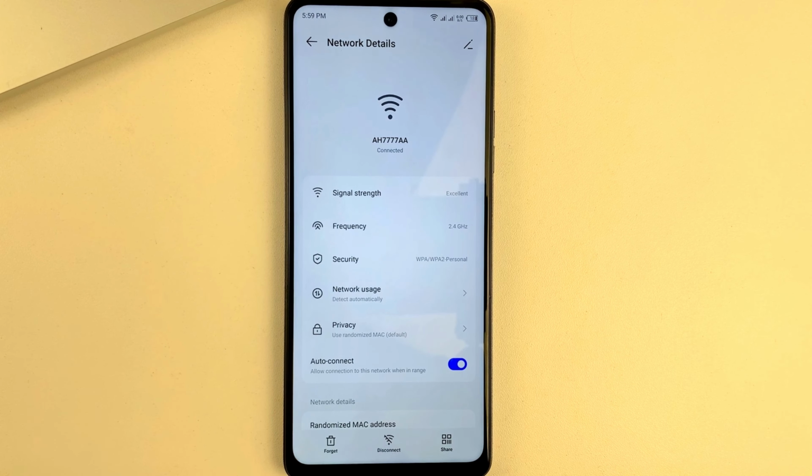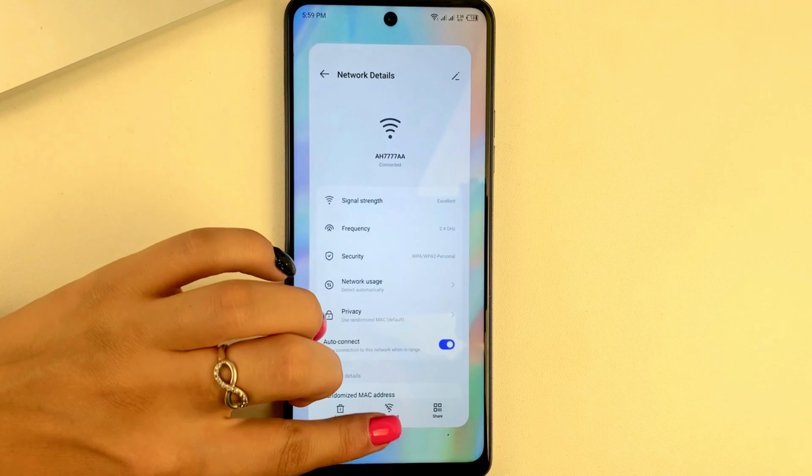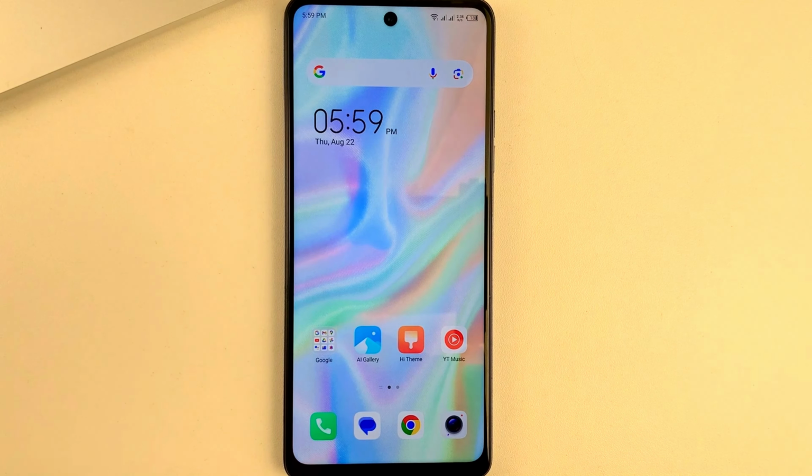Because it's kind of synonymous, from word to Wi-Fi name, so it's very easy to find. That's the quick way, friends, you can easily find out your SSID on your Android phone.